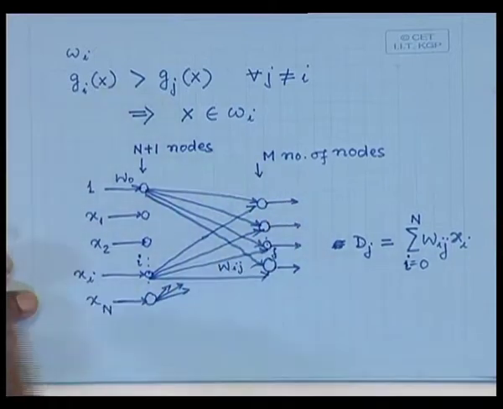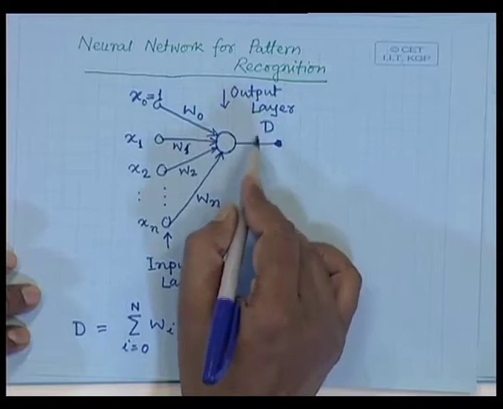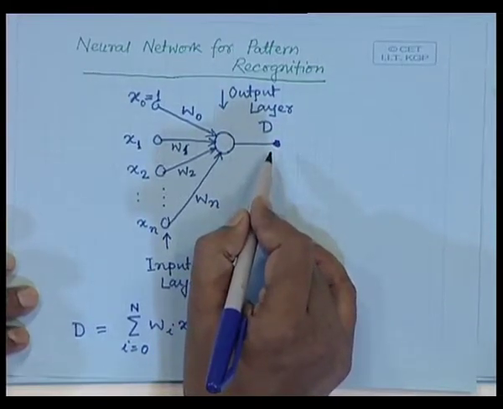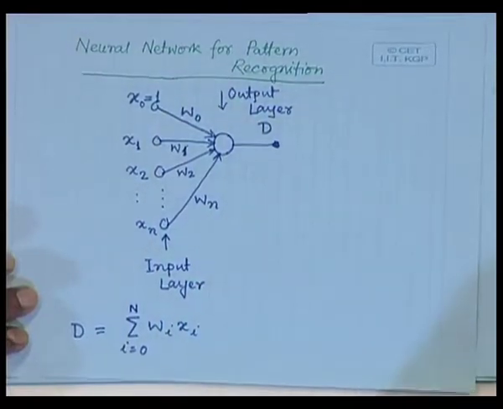So, given this sort of connection and this sort of network topology, training of the neural network means that I have to select all the connection weights w_ij for all values of i and all values of j. And unlike in the case of a single layer network with a single output neuron, where the output was a scalar value, either 0 or 1,